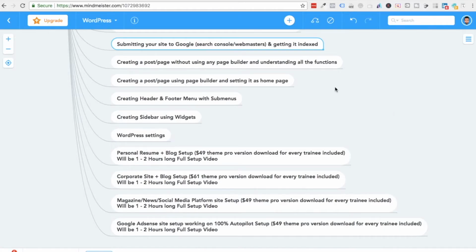So in this video, we're going to be submitting our site to Google, which is Search Console or Google Webmaster, and we'll get it indexed as well, so that whenever somebody searches for it on Google, it shows pages, and if we are ranking, then obviously it will show up in results. So for that, you have to visit